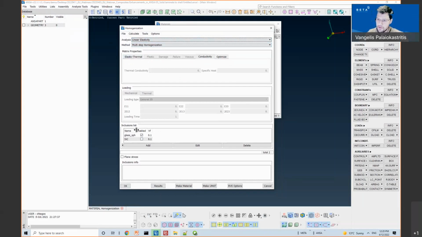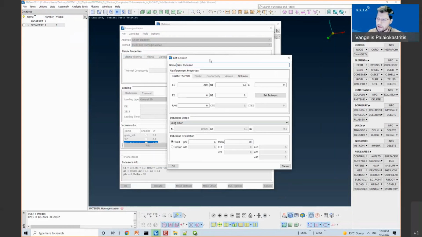At this side of the homogenization tool, we have the inclusions list. So from this button here, I can create inclusions. Again, for the inclusion, I need the mechanical properties. But apart from this, I also need the shape of the inclusion and the orientation inside the matrix.